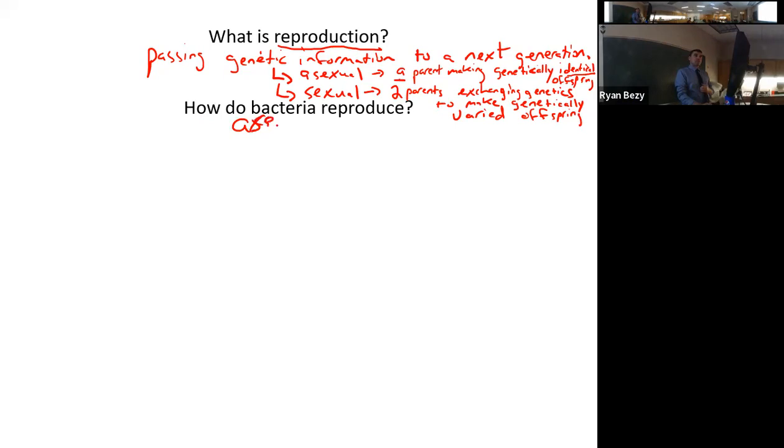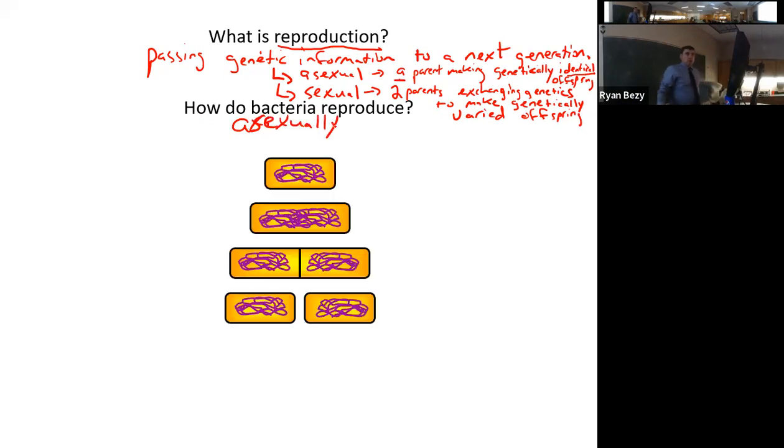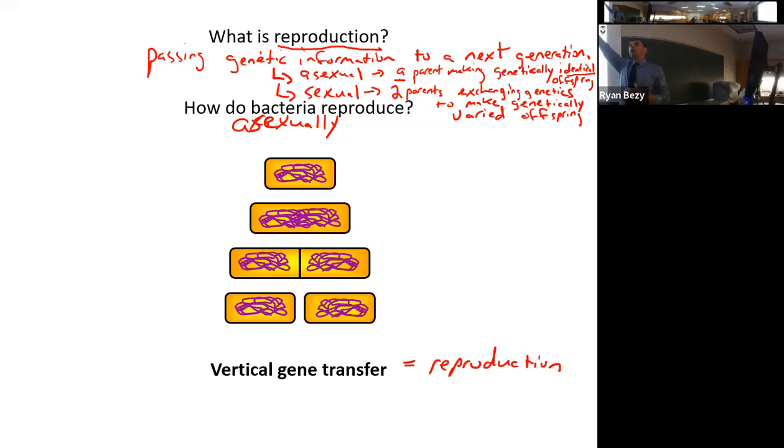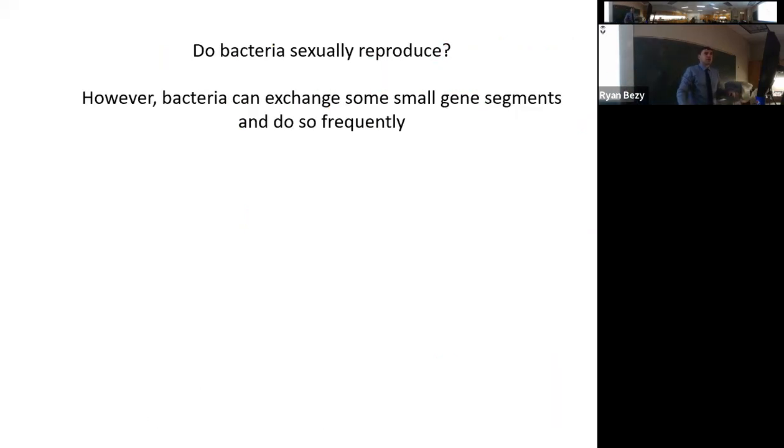Asexually. All right, and so again, binary fission, for instance, that we talked about earlier this semester, is a form of asexual reproduction, but any type of reproduction equals a vertical gene transfer, either type. Vertical gene transfer is what we call reproductive events, where you pass genetic material from one generation to the next. You've probably heard of family trees. They usually go up and down, or vertically, right? And so vertical gene transfer is where you pass on genetics from one generation to the next, or basically when you're doing reproduction.